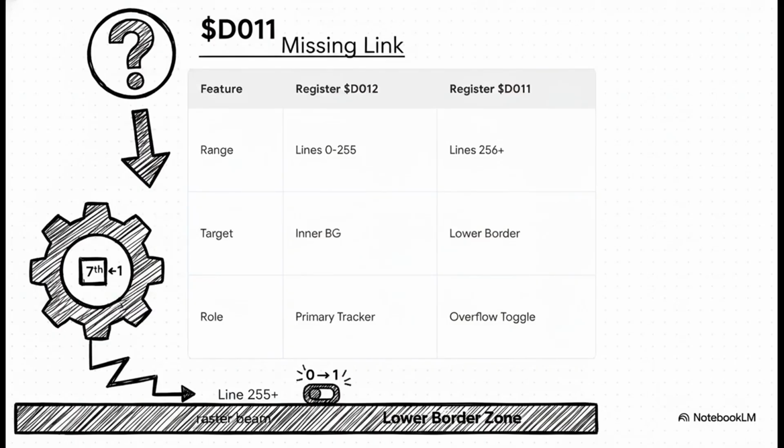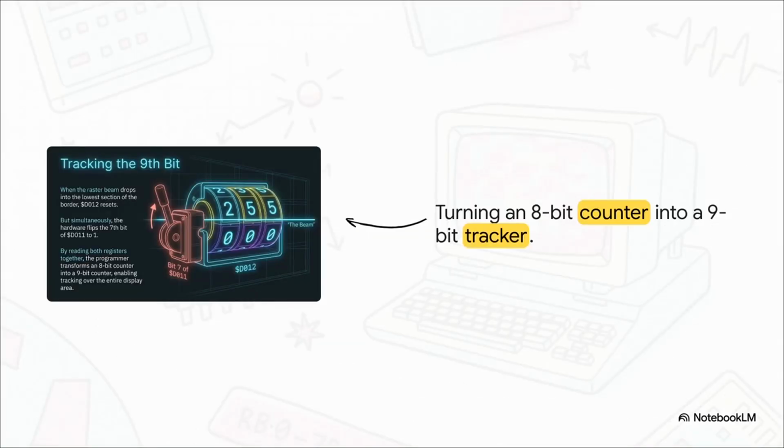While D011 does a lot of things, developers realized its 7th bit functions as a master switch. The hardware automatically flips this bit to a 1 the moment the raster beam drops into that tricky lower border zone. So by reading both of these registers simultaneously, the programmer magically transforms a hardwired 8-bit limitation into a seamless